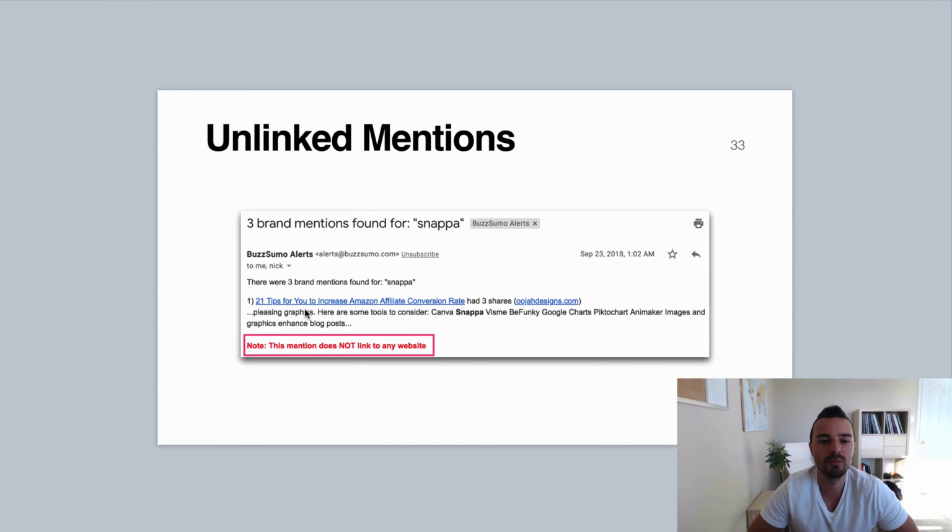So we use a tool called BuzzSumo. I think Mention is another really popular tool for this. We use BuzzSumo for a bunch of other stuff, which is why we use this. So what you can do is put in your brand or any type of keyword for that matter, and it'll send you emails anytime someone mentions your brand. And what's great is that if someone doesn't link to that, it will actually give you a notification saying that this mention does not link to any